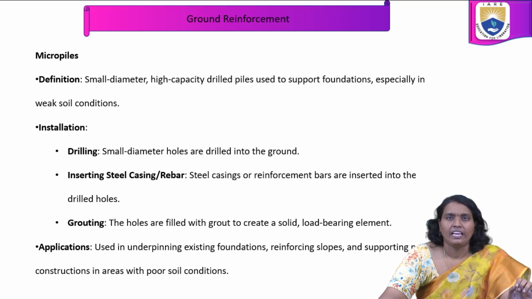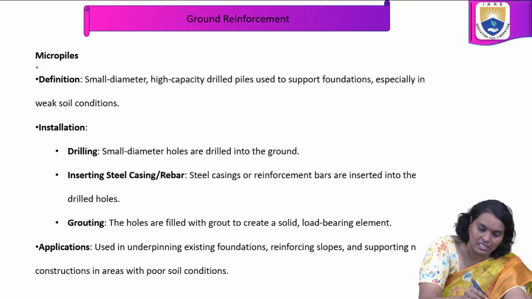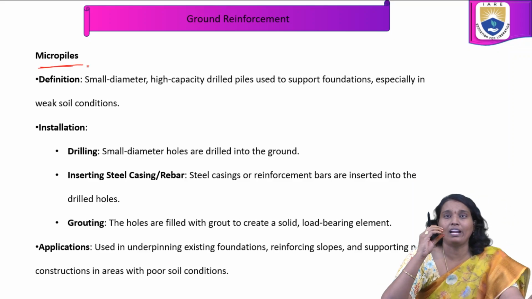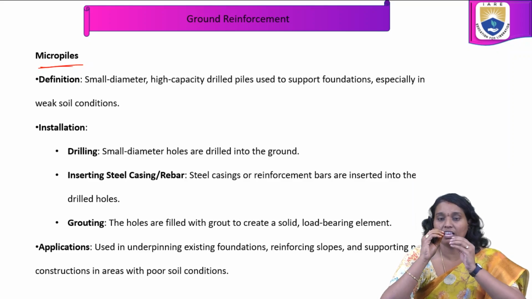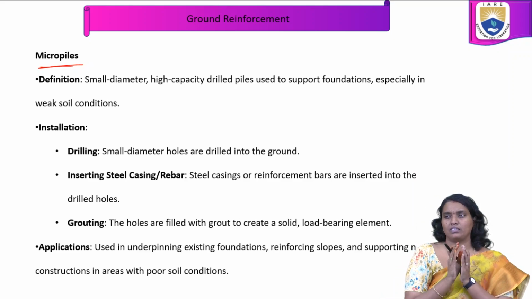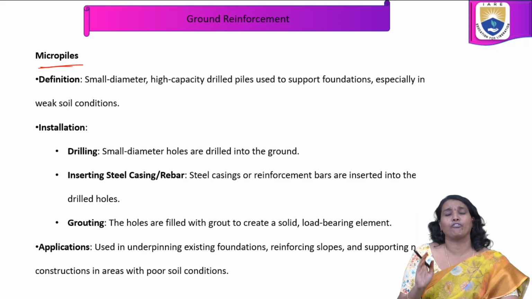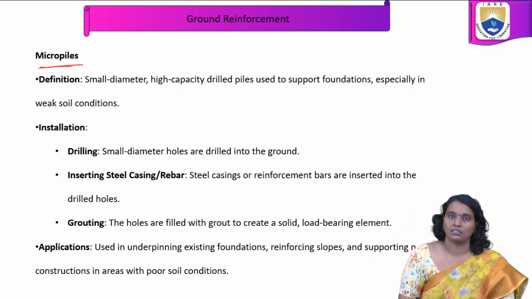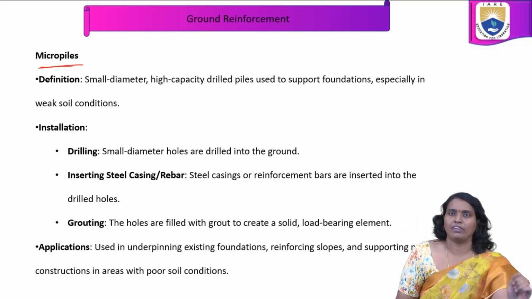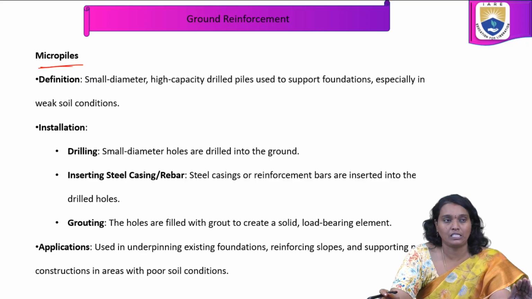Micropiles. The name itself tells: small diameter, the dimensions are very small. Huge compaction piles are not possible in such cases. In that particular case we choose micropiles, depending upon the characteristics. These are small diameter, high capacity drilled piles